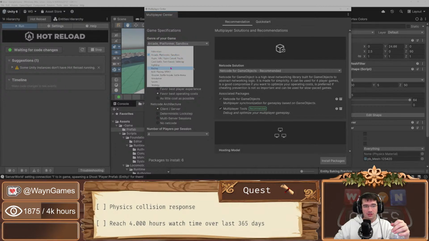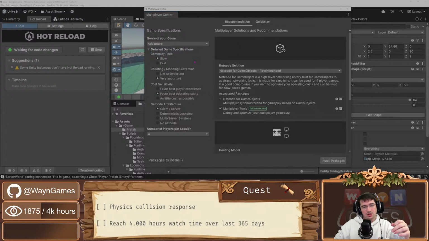So if you want to do a co-op game, let's say it's not super casual, not fighting or racing, let's say some kind of adventure game. The gameplay is not super fast, it's not like an FPS or something like that. Cheating is not important at all because it's a co-op game. As little cost as possible. And